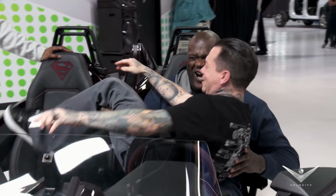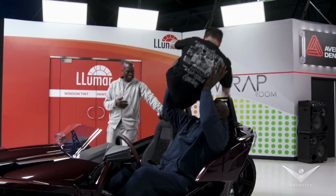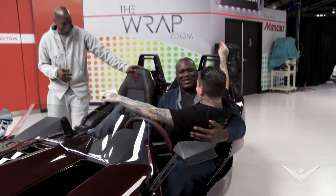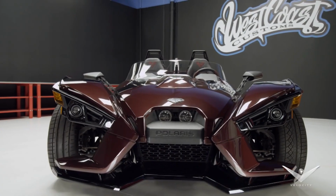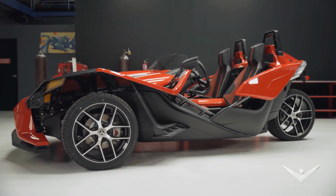So, to enjoy his love for exotic cars without feeling ashamed of his body, Shaquille brought all his cars to West Coast Customs for a remodel. What the repair shop did was remodel the entire interior of his cars so he has more space to sit. It was very detailed work, and they had to completely rework both his Lamborghini Gallardo and Ferrari F355 to make